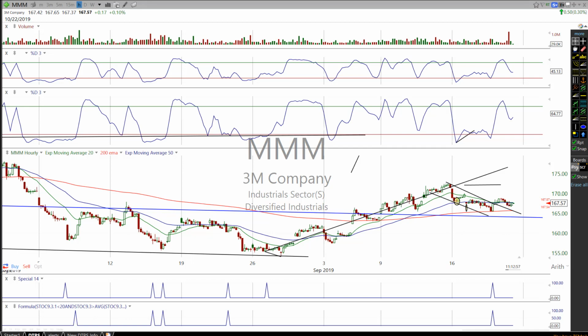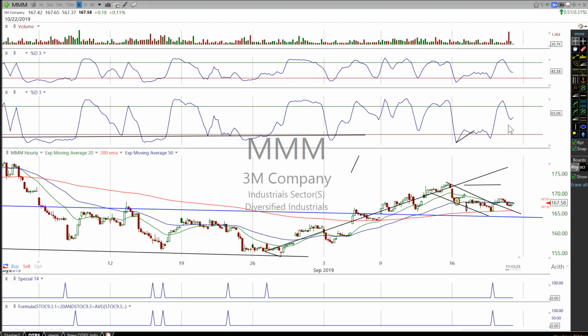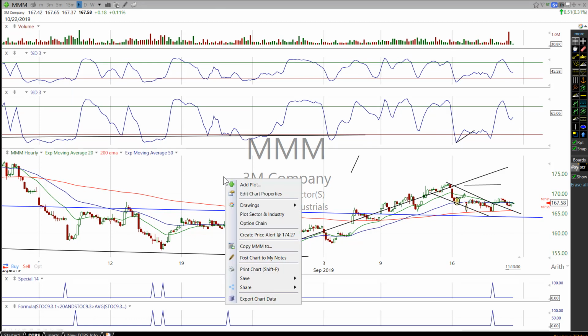Now, the one thing I will say is I've been adding to my positions in 3M today, and I like this. Remember, I think I was talking about this yesterday. Normally we'll look for that rotation, but if we get a cross back up, that tends to be a stronger move. And then if this crosses back down, then it's a failure. But what's happening right now on 3M is pretty bullish. So I saw that, and also there's some pretty decent option activity going out to January